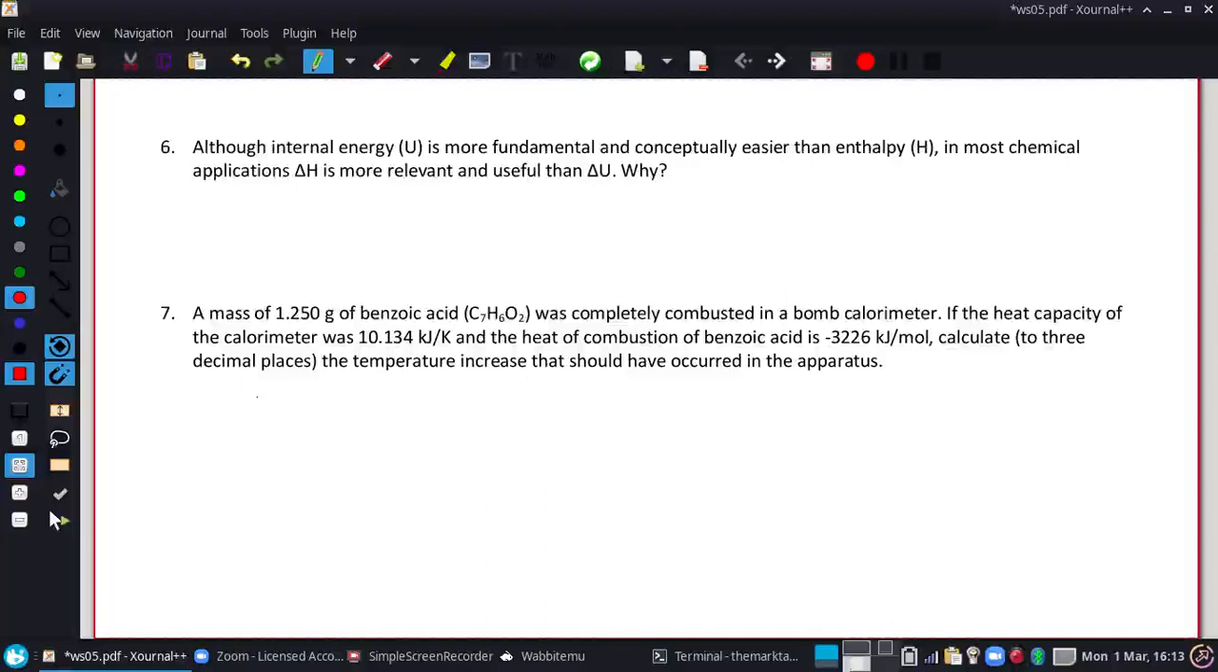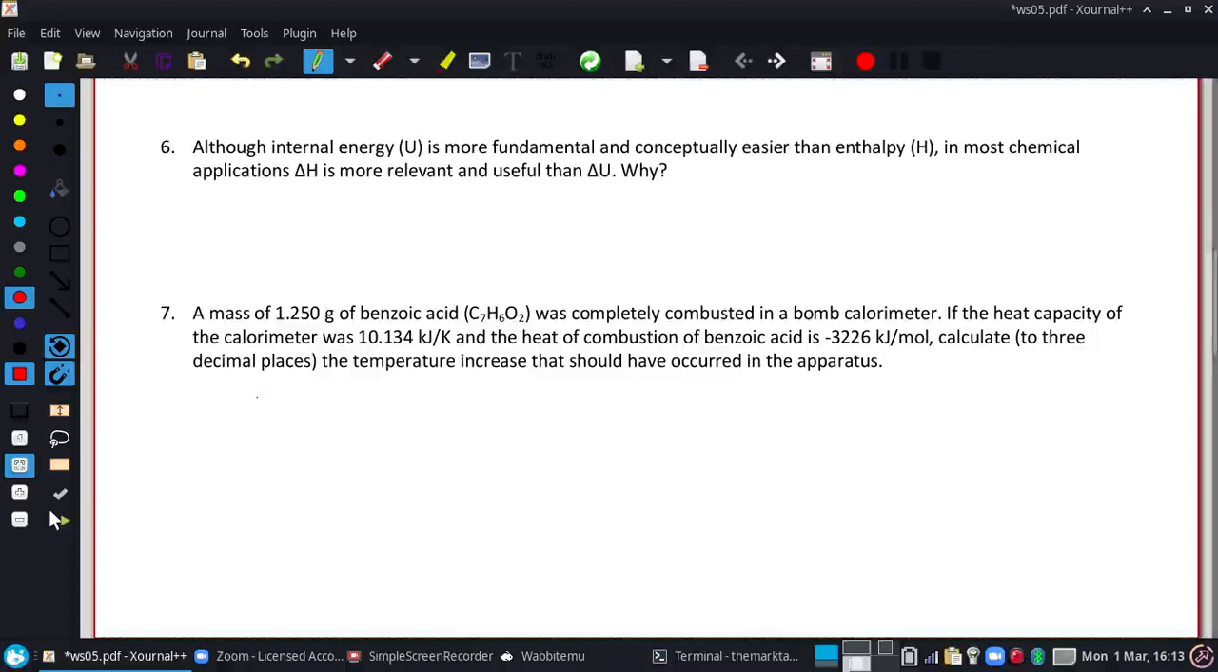Looking at number 7 here, we have a question. A mass of 1.250 grams of benzoic acid was completely combusted in a bomb calorimeter. If the heat capacity of the calorimeter was 10.134 kilojoules per Kelvin, and the heat of combustion of benzoic acid is negative 3,000 kilojoules per mole, calculate to 3 decimal places the temperature increase that would have occurred in the